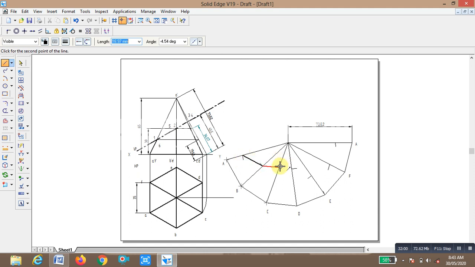E, D, C, B, A. Next you make these lines also bold.